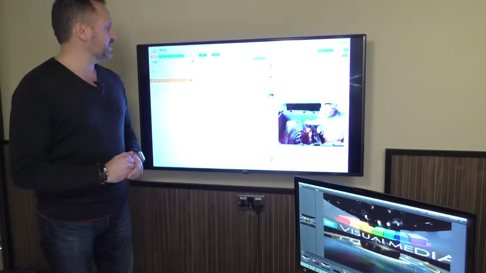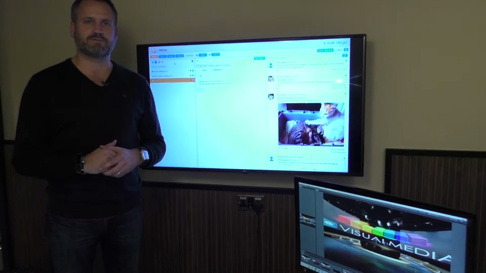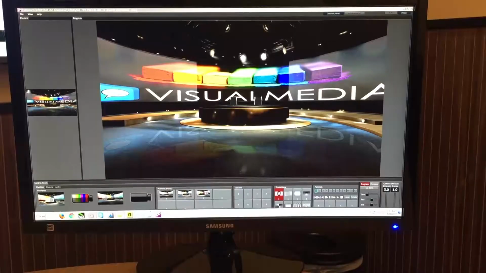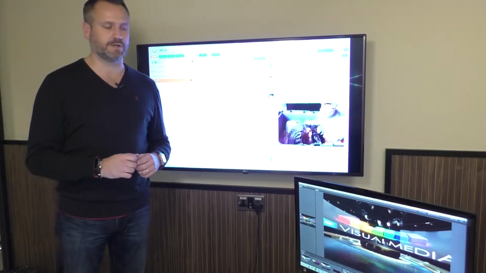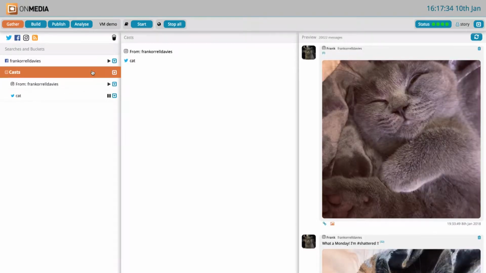What we have here is OnMedia's social engine, really designed for editorial and journalistic producers and staff to be able to come in, find content, edit it and publish it into graphics without really having any deep graphics knowledge. I can do cool things on this, so I can group different things together. For instance, I can call this cats, and now I have an Insta and Twitter group of cat content